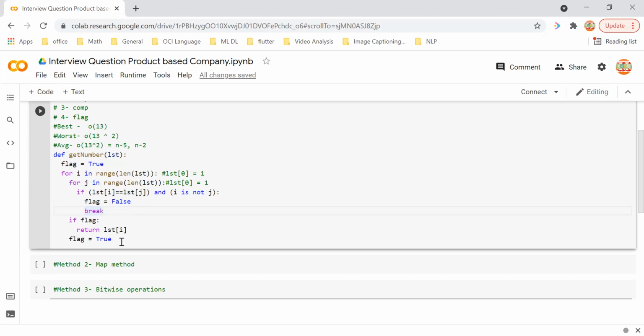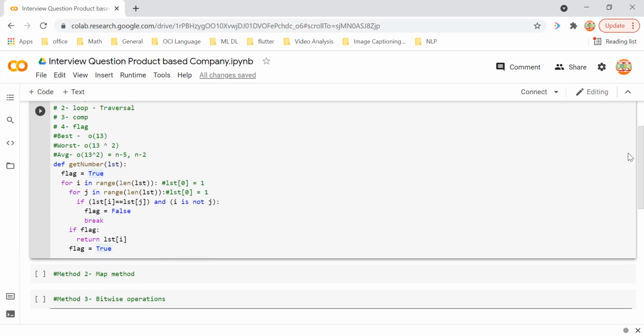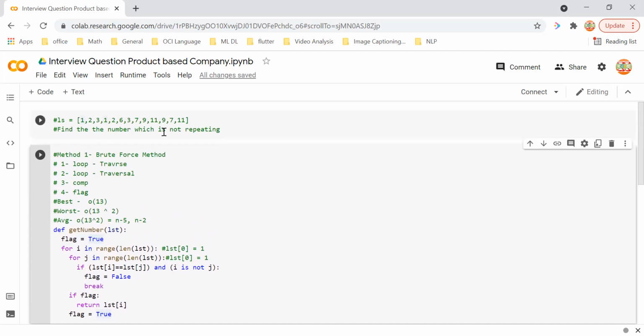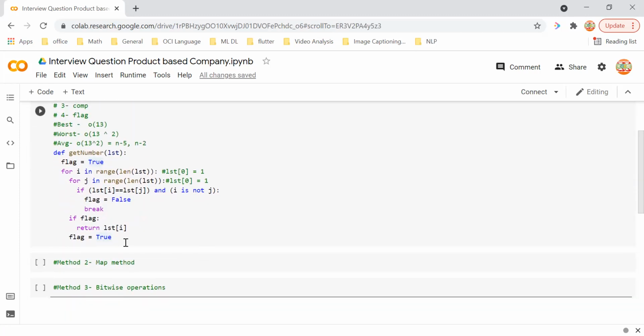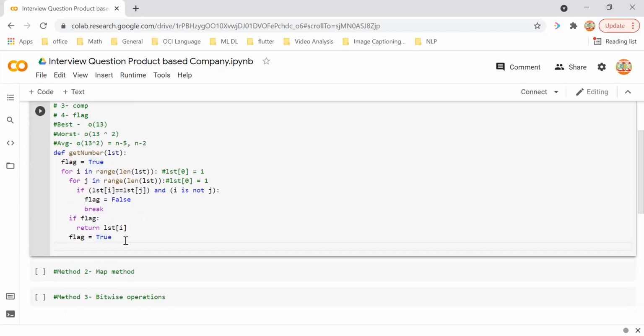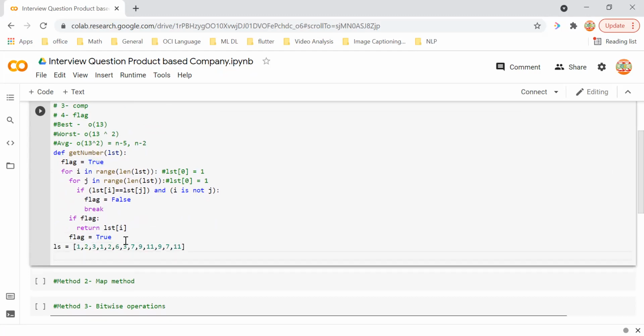Okay, so now if you see this, this is the main logic that will be finding the result, where suppose, like in the example itself, the list that we have defined. Okay, if we just here, let me put it here. Okay, ls, and let me print and get this